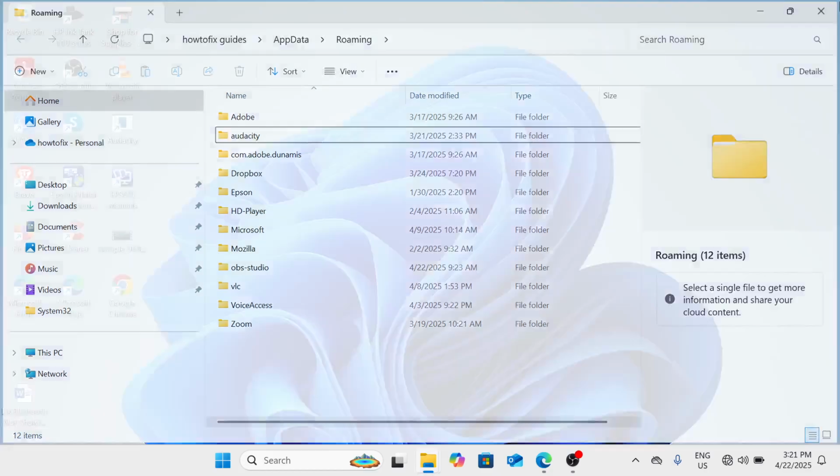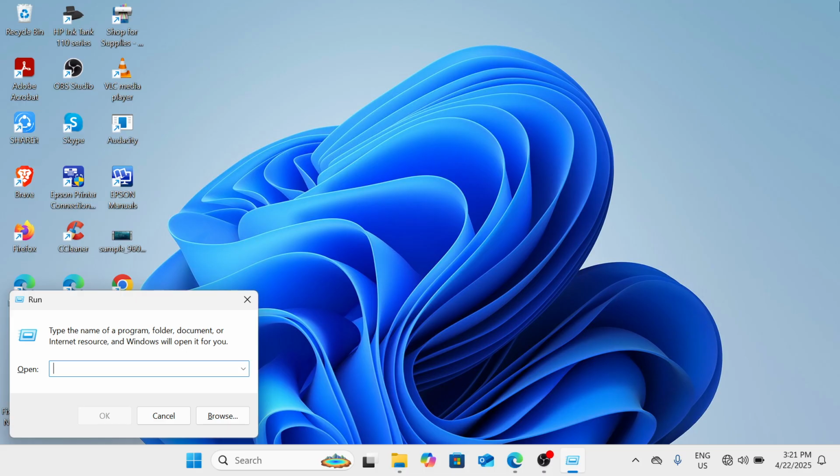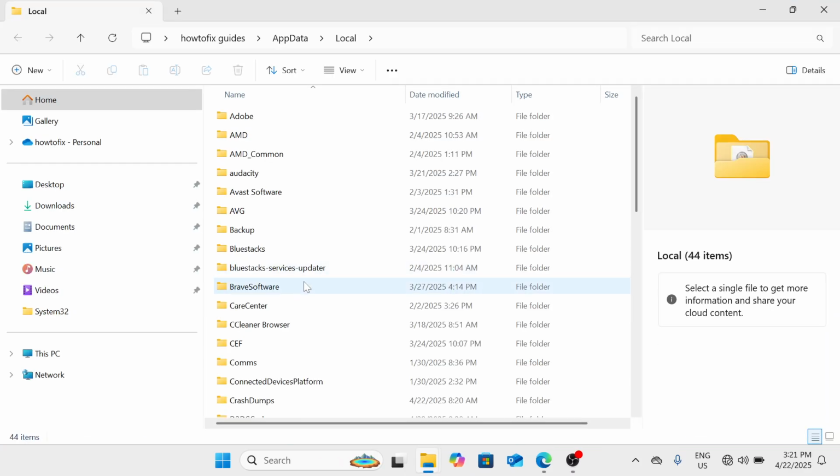So just close this window again, and then we will open the Run window. Please go to your keyboard and press the Windows and R keys together. Once this Run window is open, all you need to do is type %localappdata%. Again, it's %localappdata%. Once done typing, please click on OK or press Enter, and then we will get another